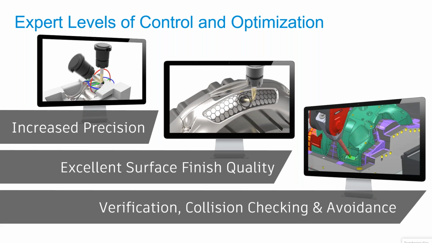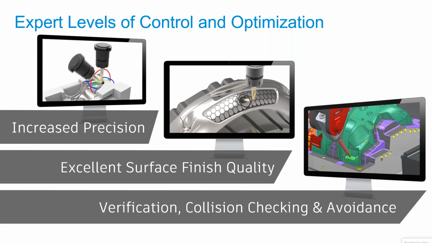It is not that you are doing some trials, where you give some parameters, see the output, and then decide whether you want to change it. Not like that. You give the end result you want, and the software knows what stepover or stepdown it has to use to achieve that particular surface quality. And moreover, there are a lot of different options inside PowerMill which give you a better